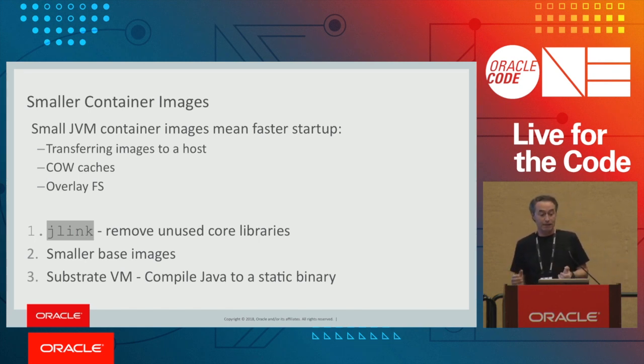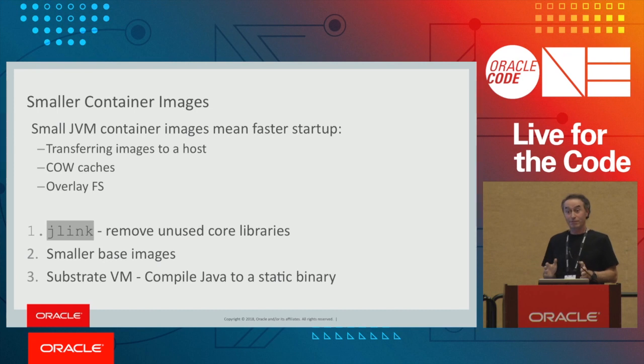That's the start, right? And we're talking about hundreds of milliseconds that we care about here, so this is a big issue. And then Docker itself, it turns out when Docker takes your Docker container image and boots up, it does a bunch of work. It sets up file systems, so copy and write caches, the overlay file system. The more layers you have in your Docker container, the slower it is to boot that container image. So we want to get small containers with very few layers that are very simple. So small is good. That's the bottom line.